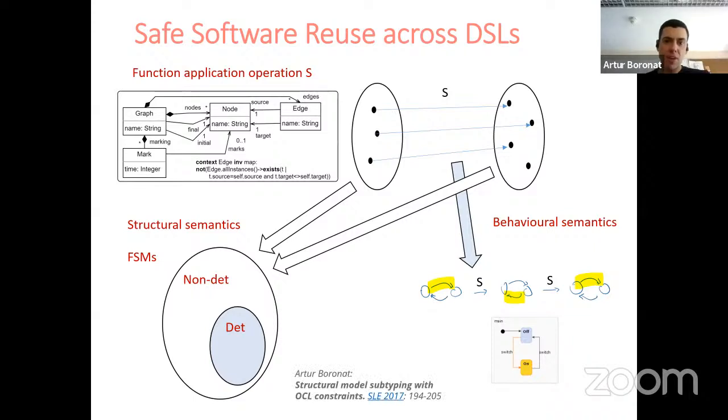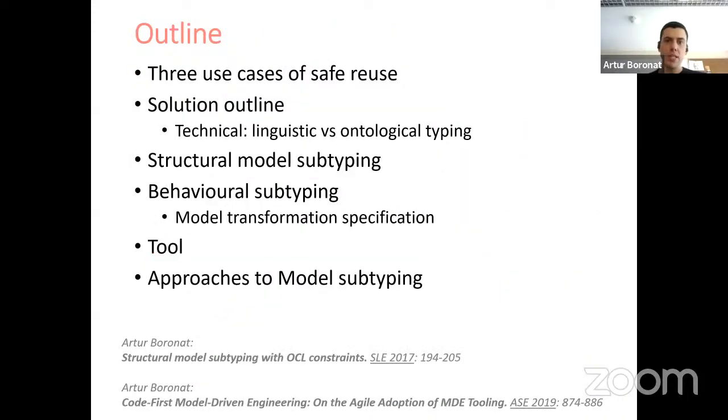Reuse is achieved by a model subtyping based on model subsumption, which was initially introduced at SLE in 2017 for structural models, and it has now been generalized for metamodels with OCL constraints and for behavioral specifications of model transformation operations. In the talk, I'll provide an outline of the model subtyping operator and how it can be applied to several use cases. I'll start with a more detailed presentation of the example that I have just mentioned, and I'll cover